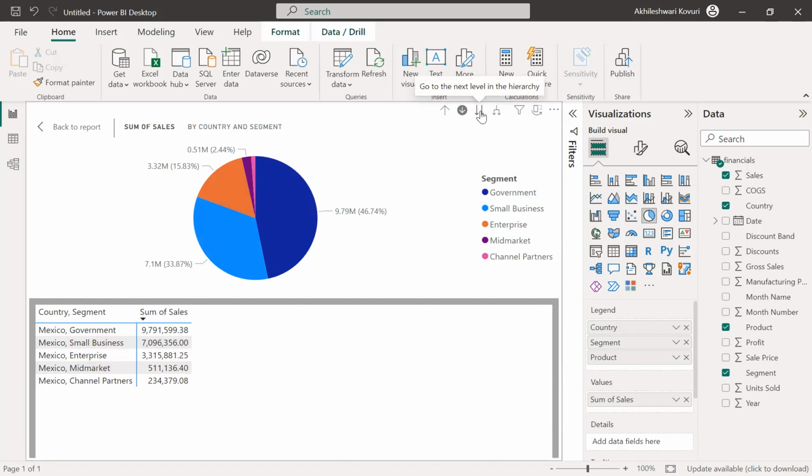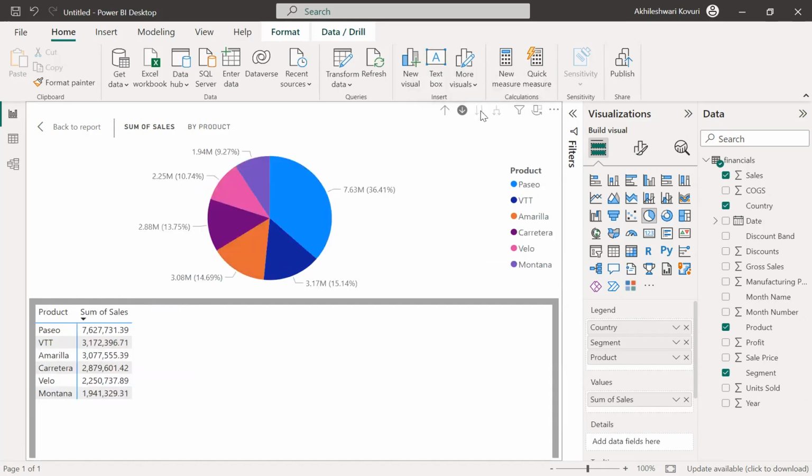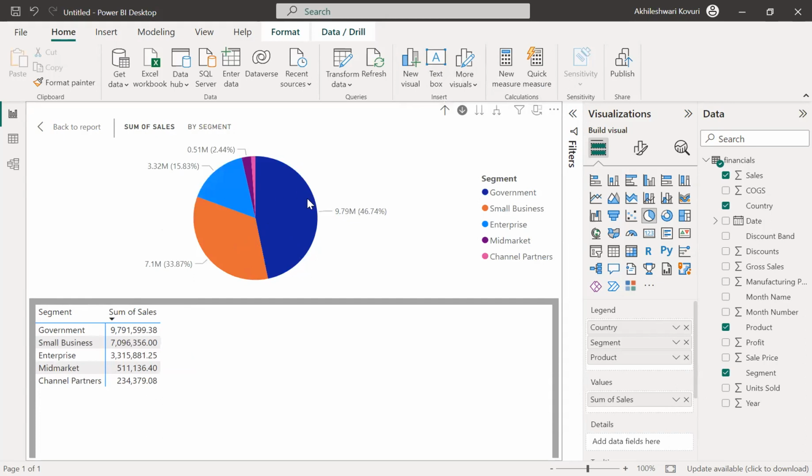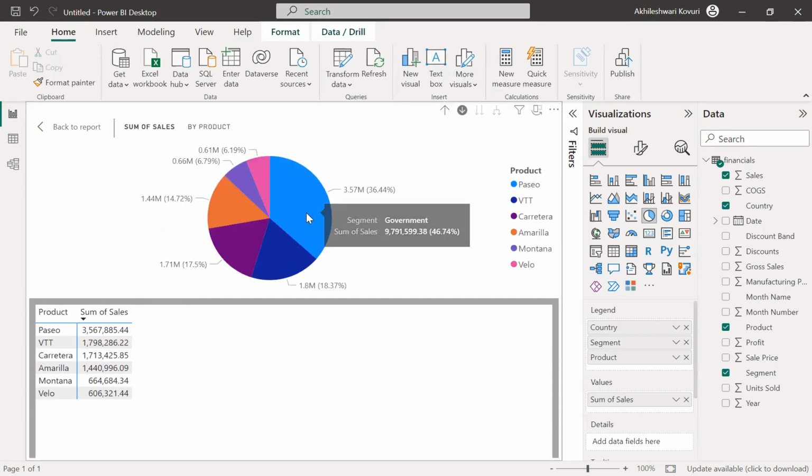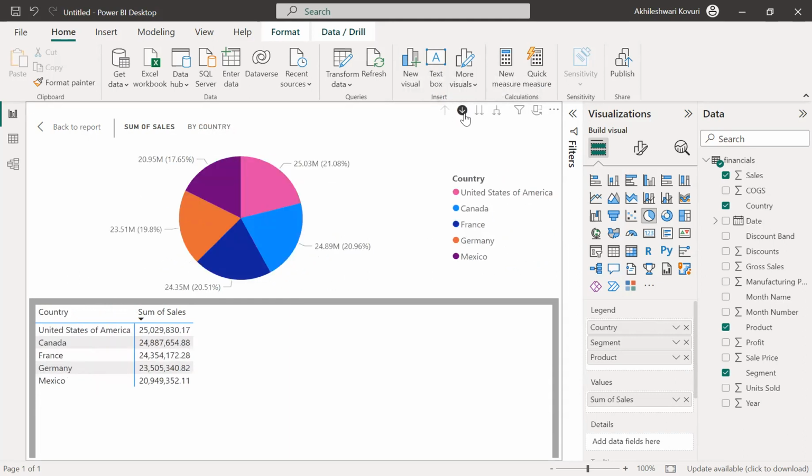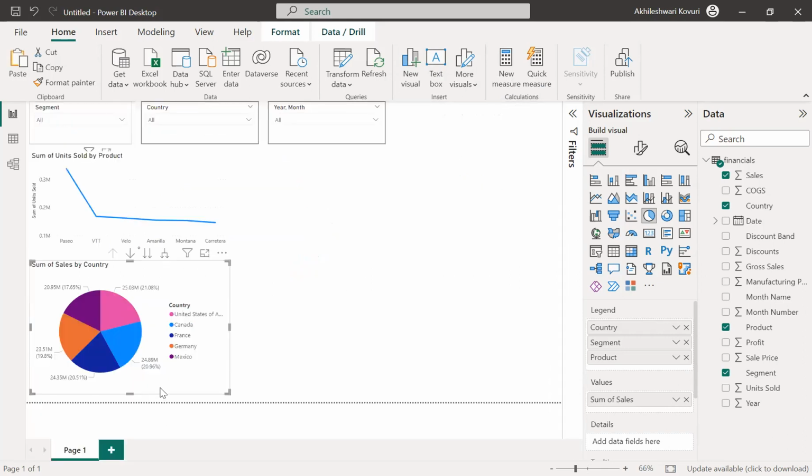Now, if you want to drill down to product, click on this down double arrow. See, at product level, this one. Now I haven't selected any segment to know the product level, right? If I select this, it will give me all the products for the particular segment we have selected. Okay, go up, and select this, go back. The table is only for our